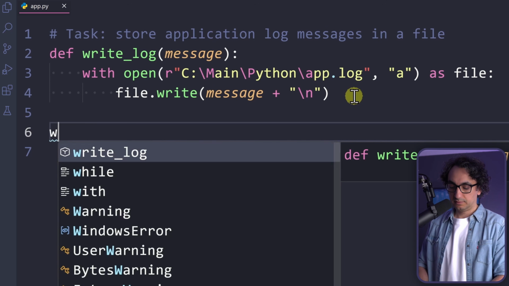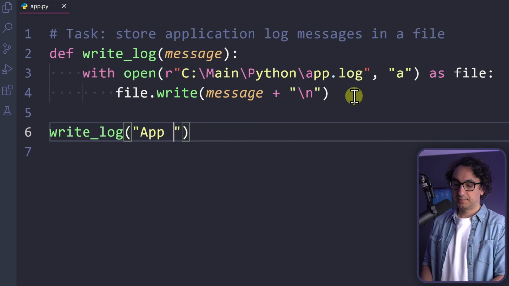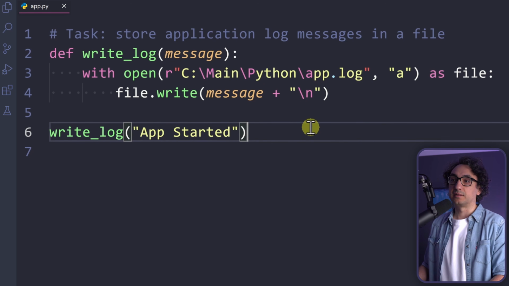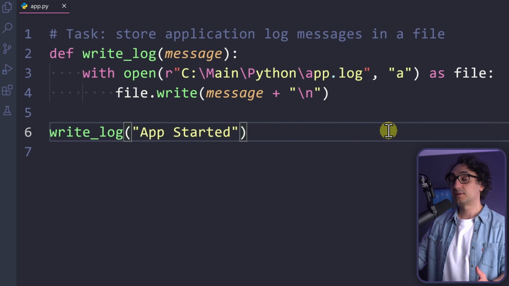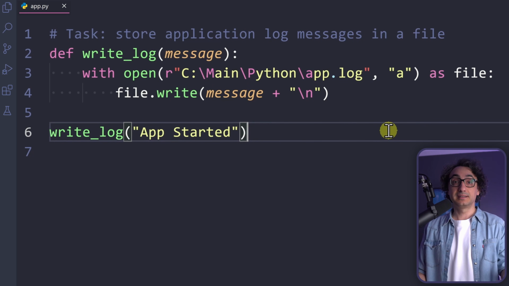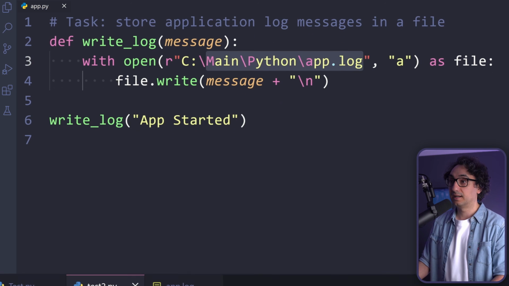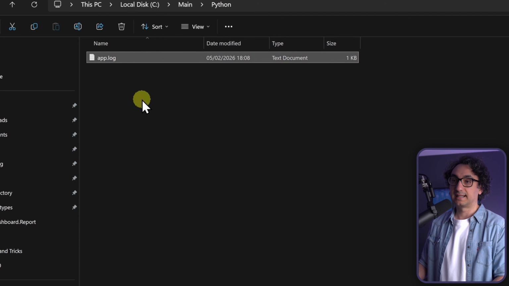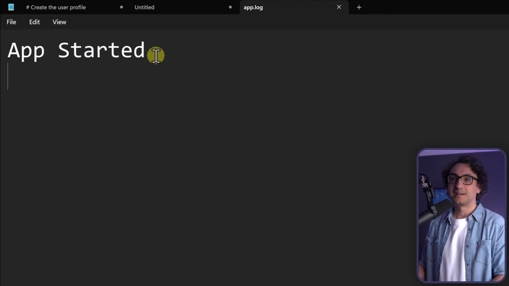That's it. Now, let's say our program runs at the start. So we're going to say the app started. So this is the first event. Now, what we're going to do, we're going to go and execute it. So now, if you get it like me, without any errors, that means it was successful. Of course, I'm not seeing anything because we are not printing anything in the output. And in order to check our results, we're going to go to our file, right? So I am inside this folder and I can see the app.log. Now, let's go and open it using any editor that you have. So now, look at this. Inside it, we have our message stored inside the file. And this is exactly what we wanted.